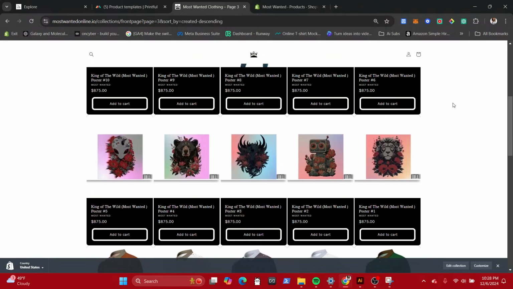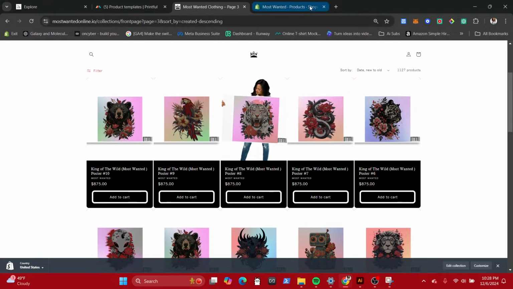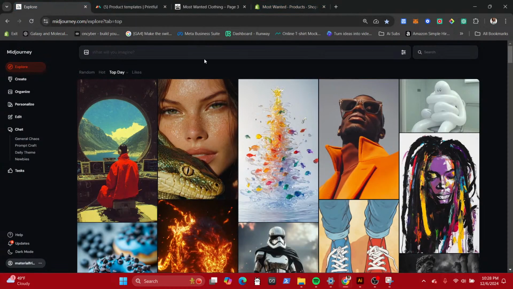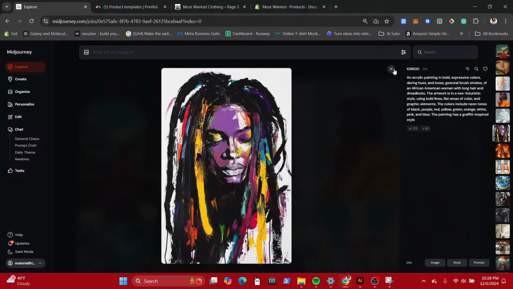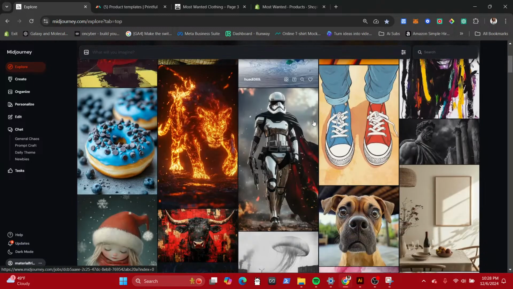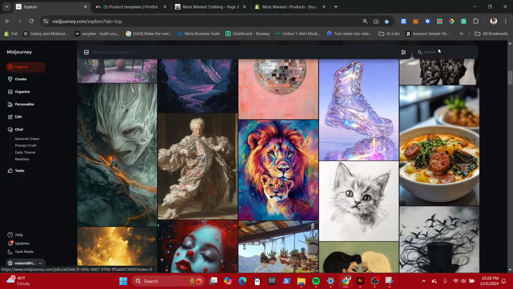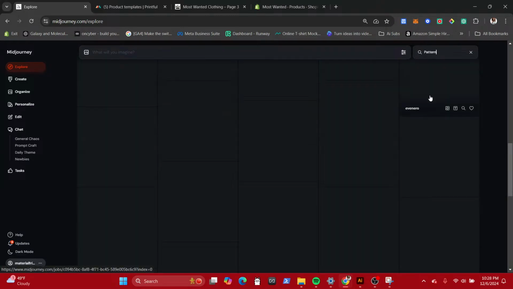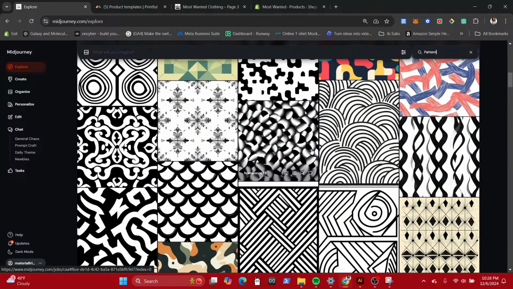I like to try to get inspiration from Midjourney. If you're not familiar with Midjourney, see like this top. This is tough. I like that. I'm not gonna do that. I like to just look at patterns and see what comes to my mind. Just pattern.